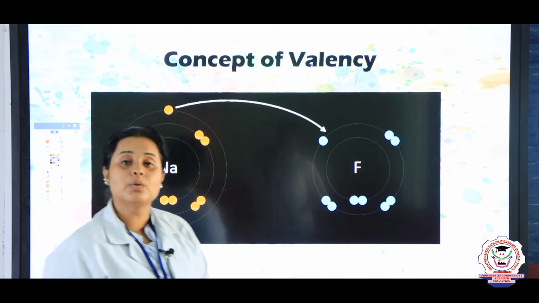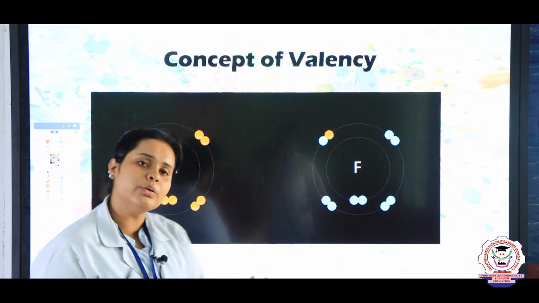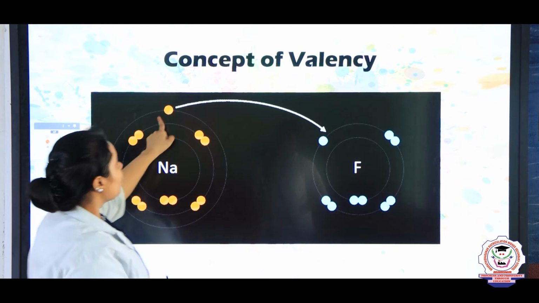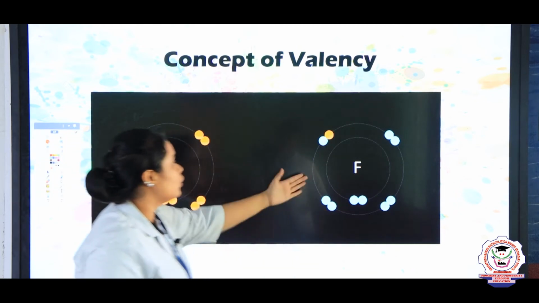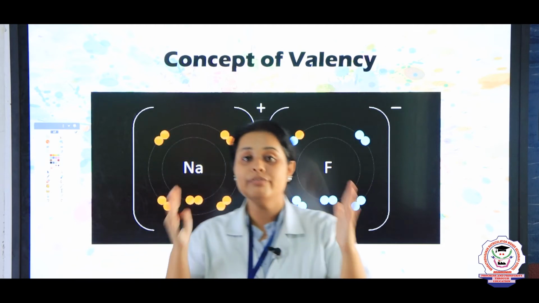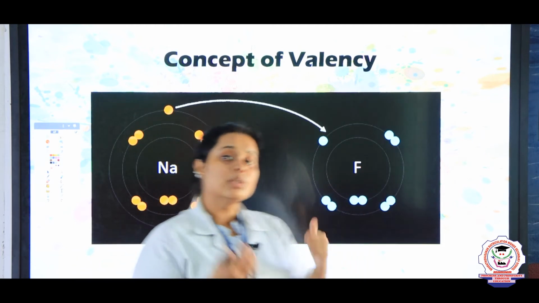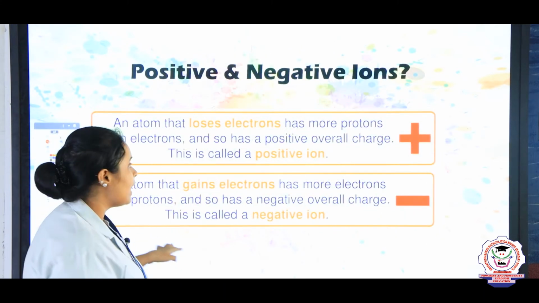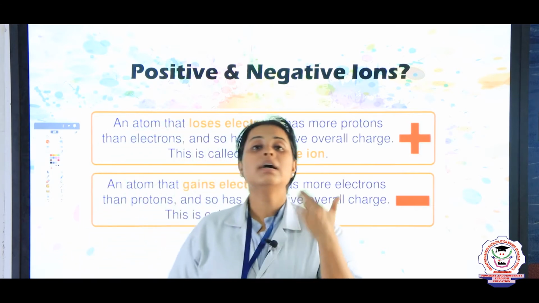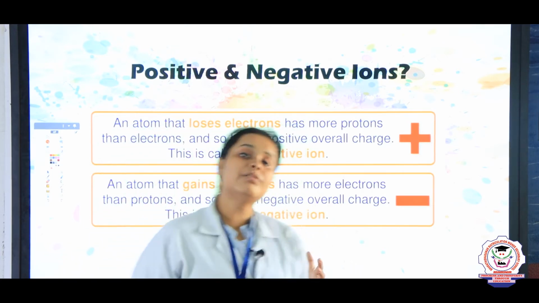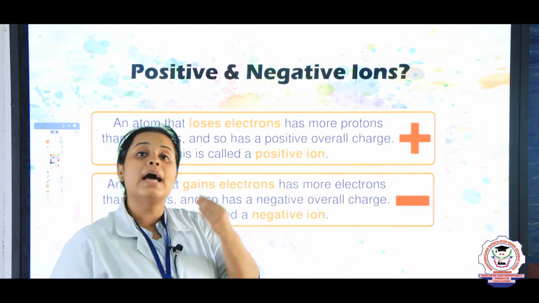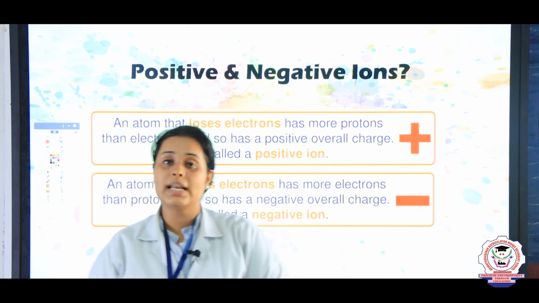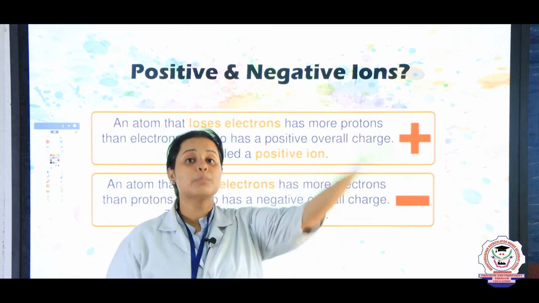After this, you should come to the concept of valency. Before going into the valency concept, children, see here what's happening. Generally sodium will give one of its electrons to fluorine so that it becomes a fully filled atom, so we need some kind of valencies. You can call valency a positive valency or a negative valency. Positive valency comes when you are giving an electron. Now sodium has only one electron in its outer shell, and when it removes it, it will become